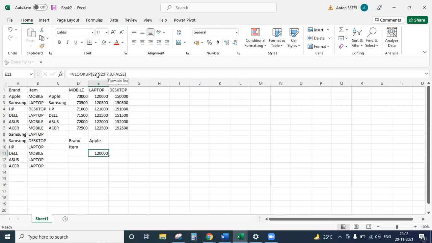Not there, in the brand cell, E9. I am not going to touch my source. That's why I made you write it there. DELL, capital, because it should match. Enter.